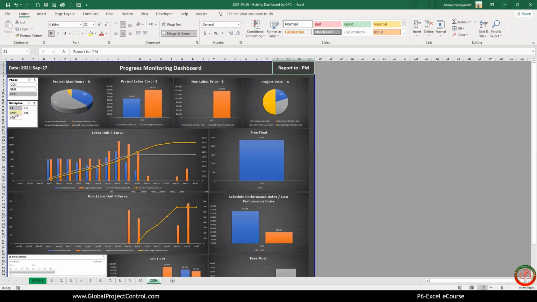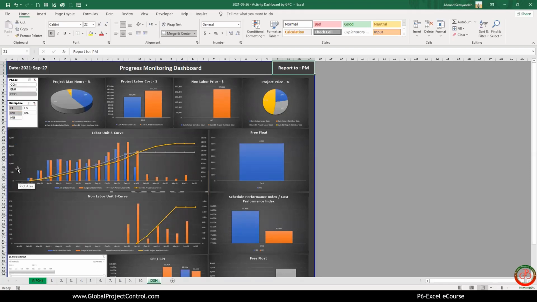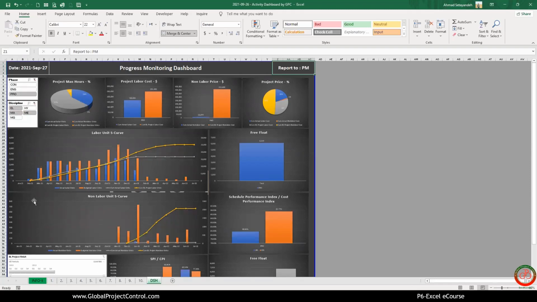If you want to know what happened to the electrical and machinery, both of them, you need to select both of them together. If you want to add another discipline, you can add it. Then all the data is updated based on your filtration and your requirement. Because the data